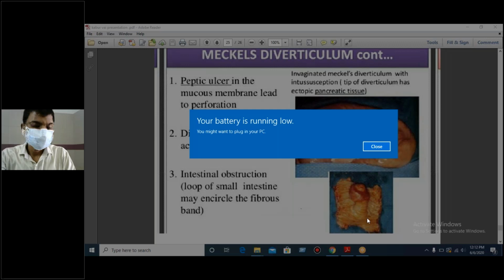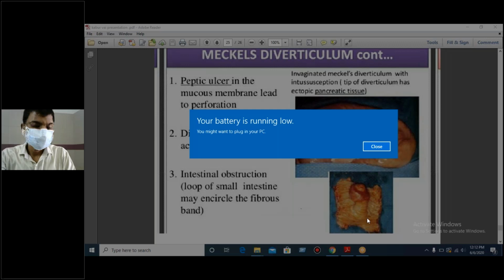What are these? How will you identify the ileum and jejunum? When you hold the viscera, you must see the ileal part has a small opening. In the jejunal part, there is a large opening. The jejunal part is thin, and the ileal part is thick. And the plicae circulares will be present in the jejunum. Let's find out the plicae circulares. Then you will identify the jejunum and ileum.